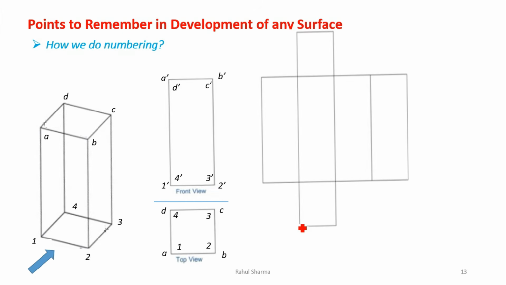This is the developed area. I told you in our syllabus we will not cover the base and top, so I am not going to discuss the base and top, only the lateral surfaces. So when we develop a lateral surface, it will have the count. Let's say I have cut the object from this edge. I am cutting the object from the 1A edge and unfolding. What is development? Cutting and unfolding.